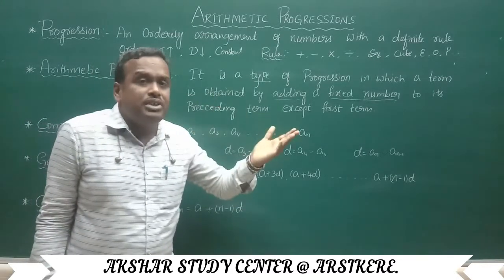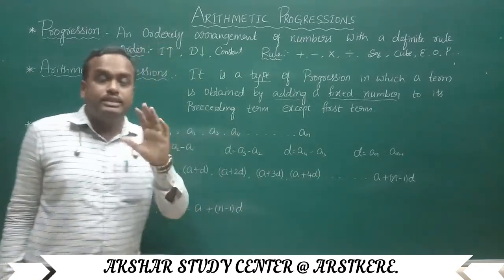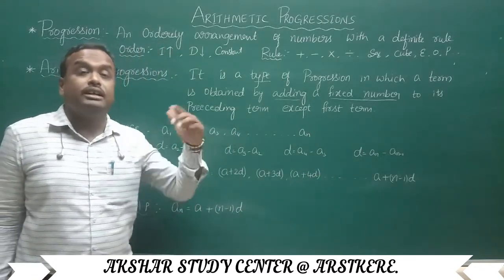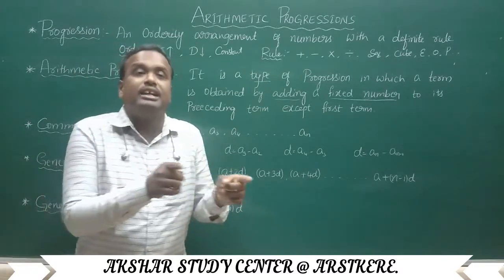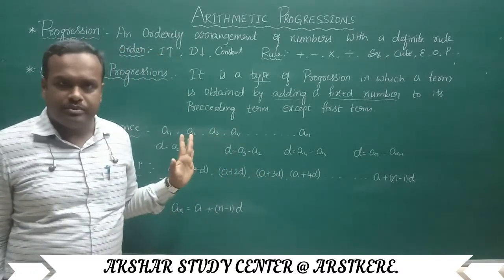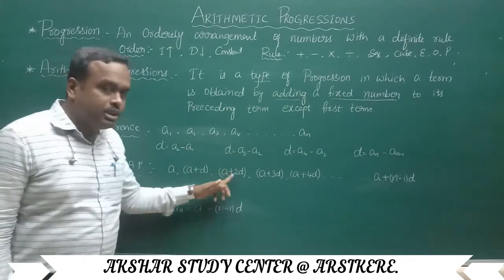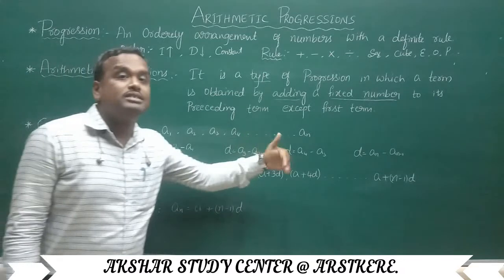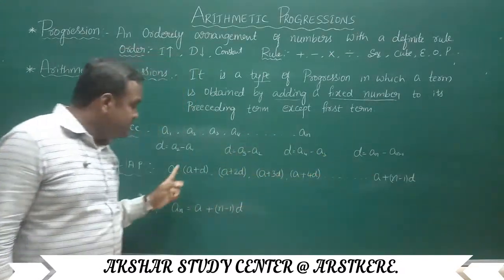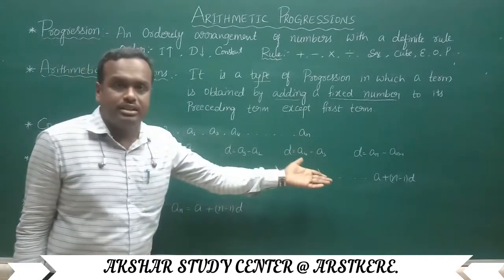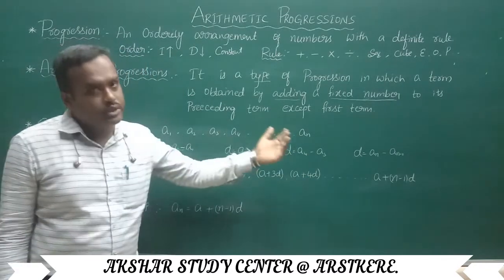Let us imagine what the 10th term will be. Exactly correct. 10 means 1 less, that is A plus 9D. The 100th term is A plus 99D. Okay, children? That means this is the first term, second term, third term. If we move on to succeeding terms, forward terms, D is going to be added. For every step, one time D is added.